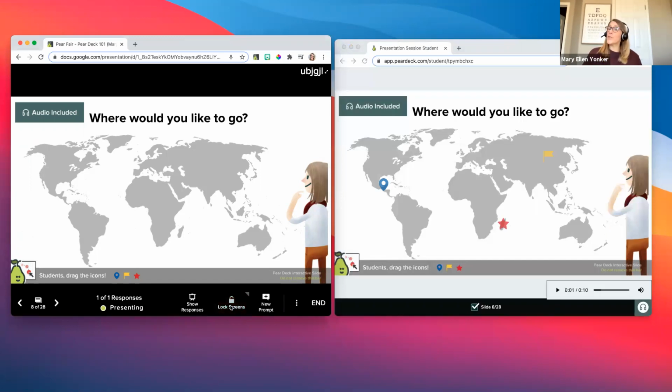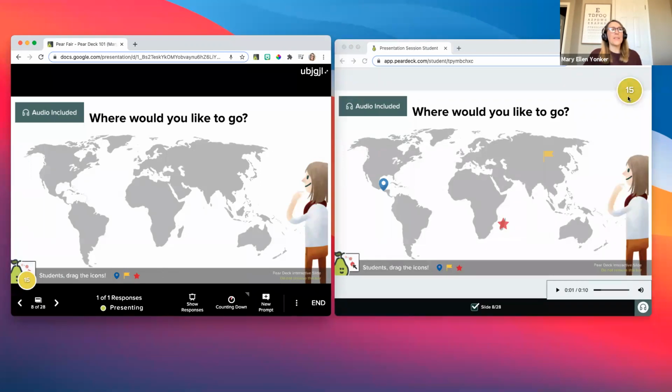Now, if you don't want to just abruptly lock your students out, you can click and hold, and you get options, 30 seconds, 1 minute, or 2 minutes of think time for your students to respond to your prompt. You'll see that I've got my timer, and one thing I love about it is it'll move out of the way.